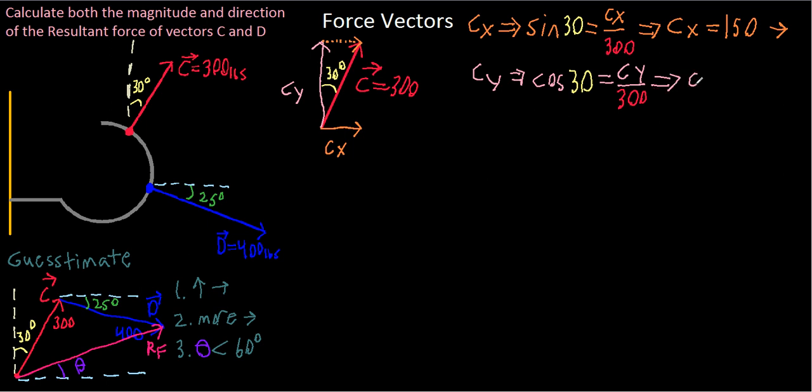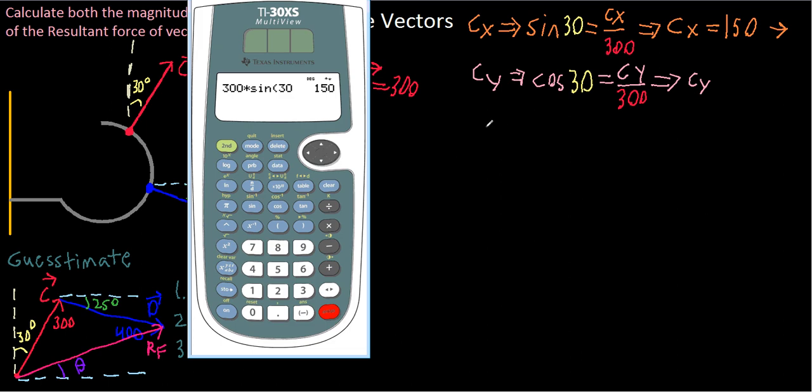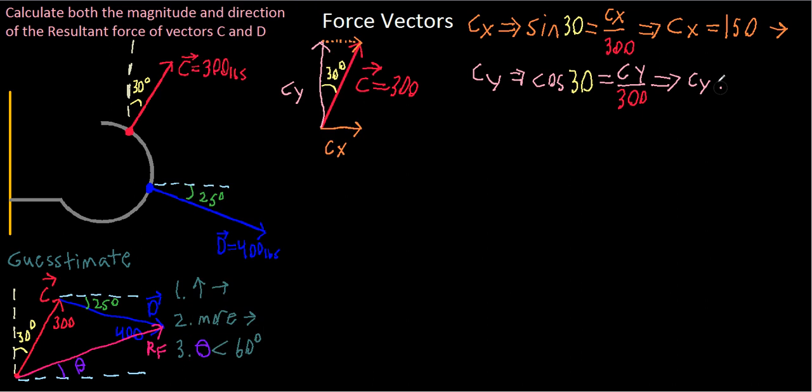We can say C of y is equal to, we have to type it in our calculator, 300 times the cosine of 30 this time. Instead of the sine, we do the cosine of 30, and we get 259.8. And we look, the y component is going up, so this is in the upward direction. Now that we know our x and y components of vector C, we can move on to vector D,